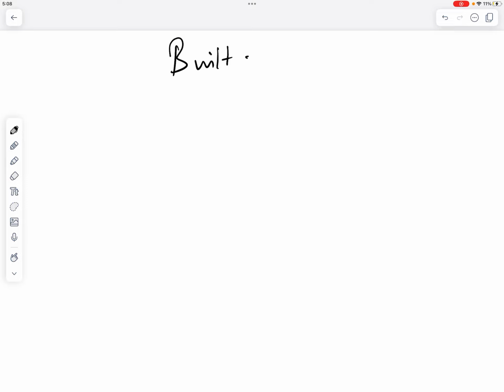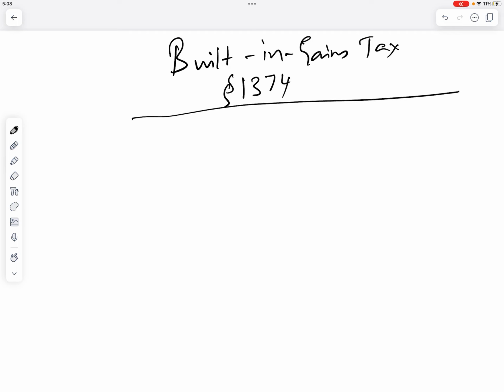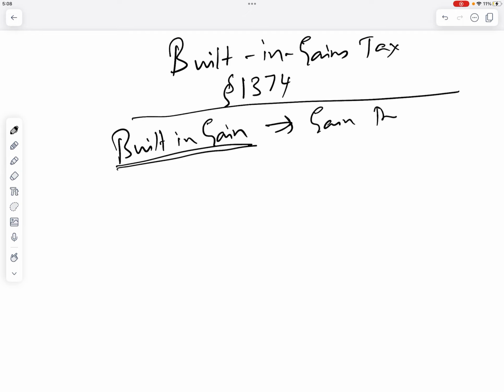Okay, let's do the built-in gains tax. Built-in gains tax. Okay, and this is called the BIG tax, section 1374. Now this tax is computed on the built-in gains. Okay, and we know what a built-in gain means. So in this case, the built-in gain is going to be the gain that